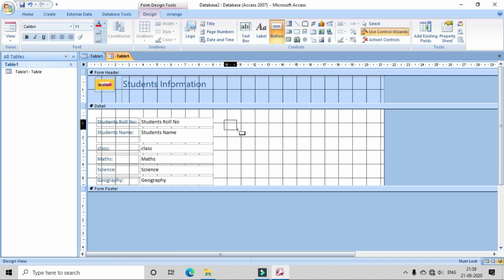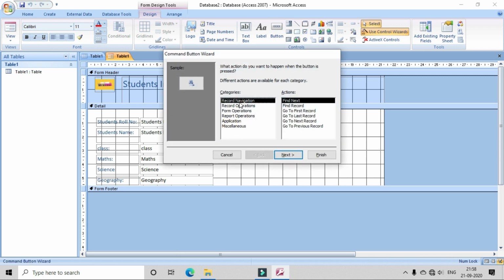Select the size as per your need. When you leave it, these categories of buttons you will get. Suppose in record navigation, these actions are there. Suppose find next. So I want this button, find next button, okay. Or go to next record. This button I need. So whatever I select, go to next record,